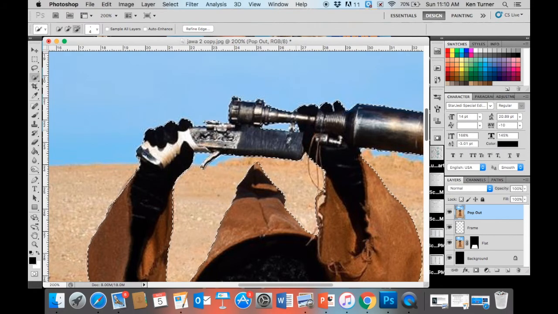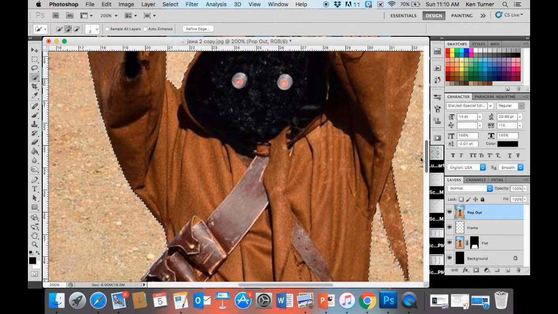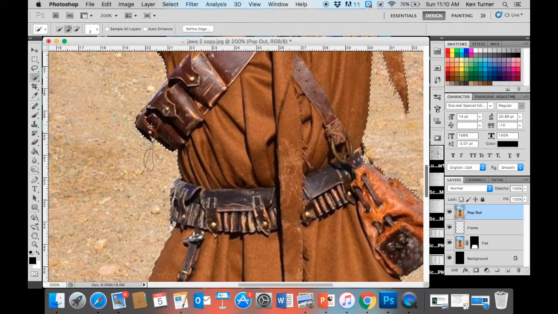And then you just try to grab the little sections you look, see if we got everything that we need. It looks like we just about have everything